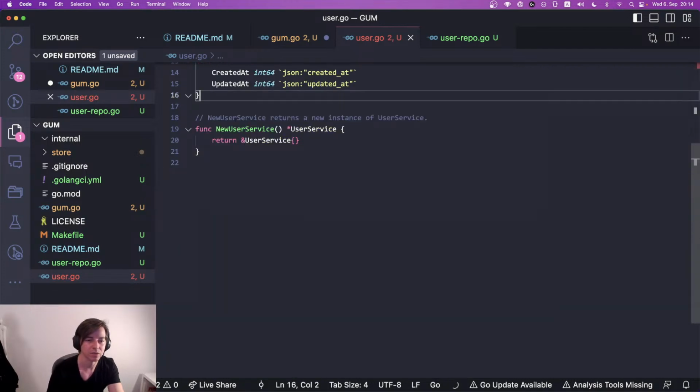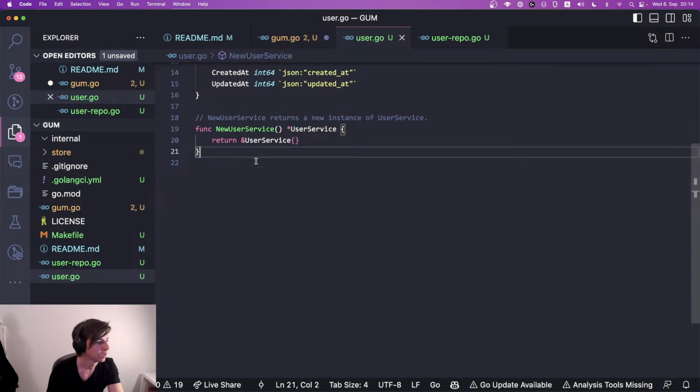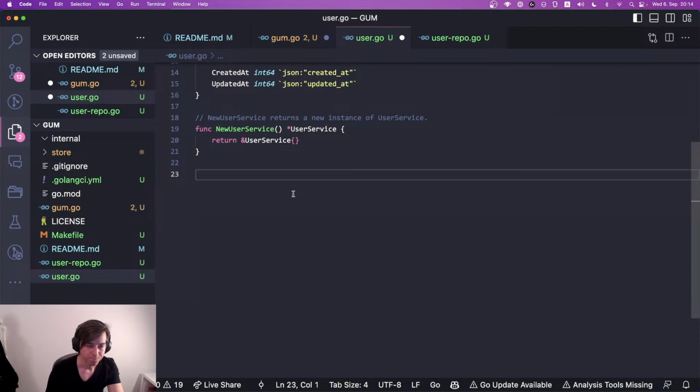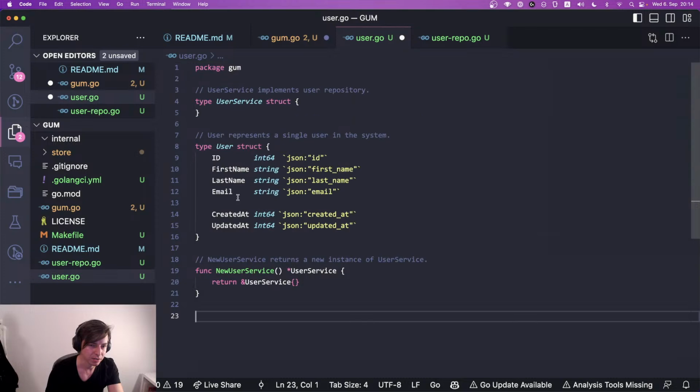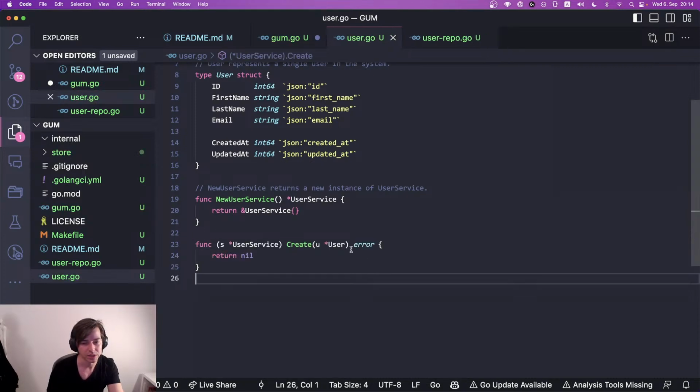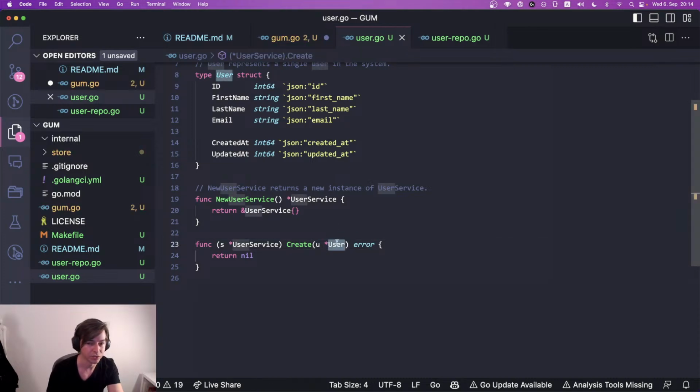And maybe later we will pass some other configuration variable, like a database connection and so on. First thing is creating a user. Okay, create user, but I don't agree that this user object is passed,